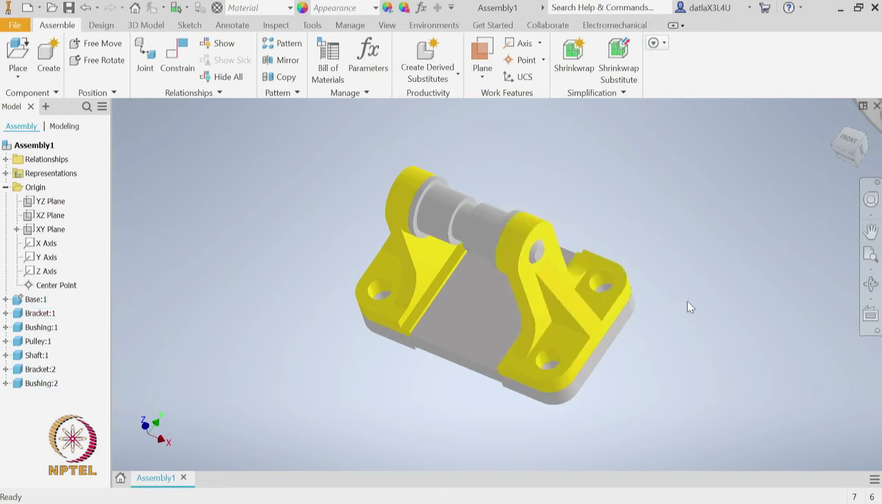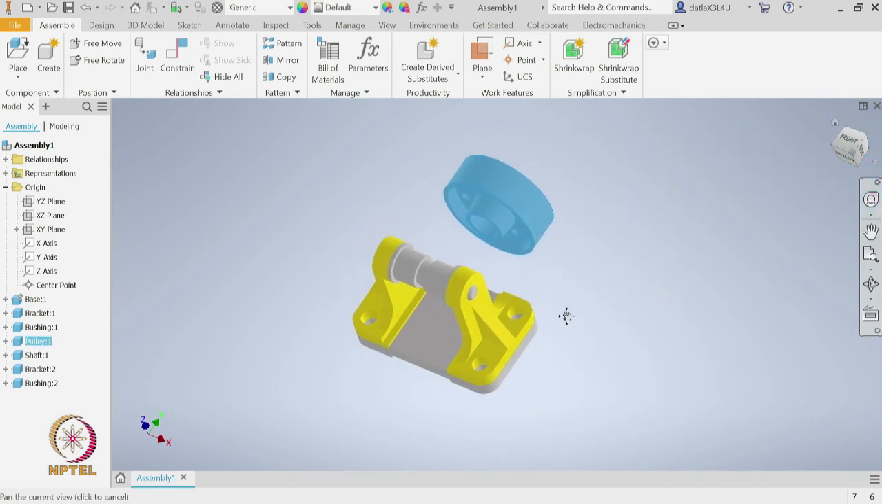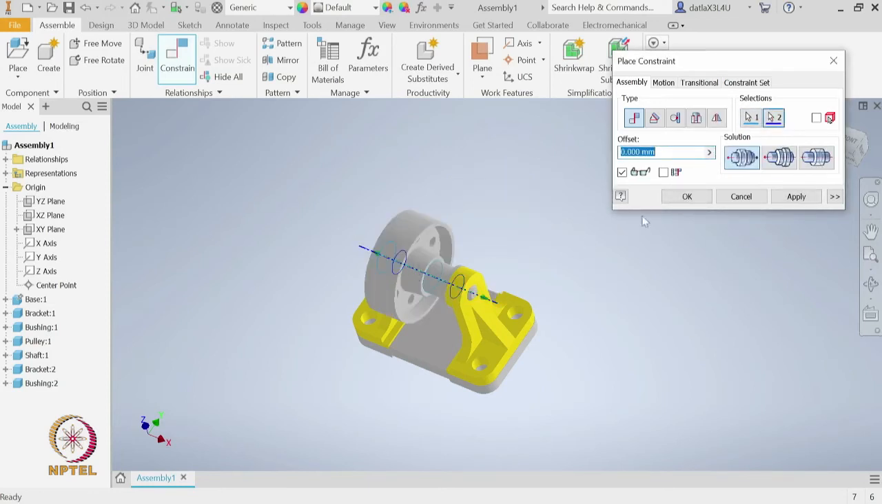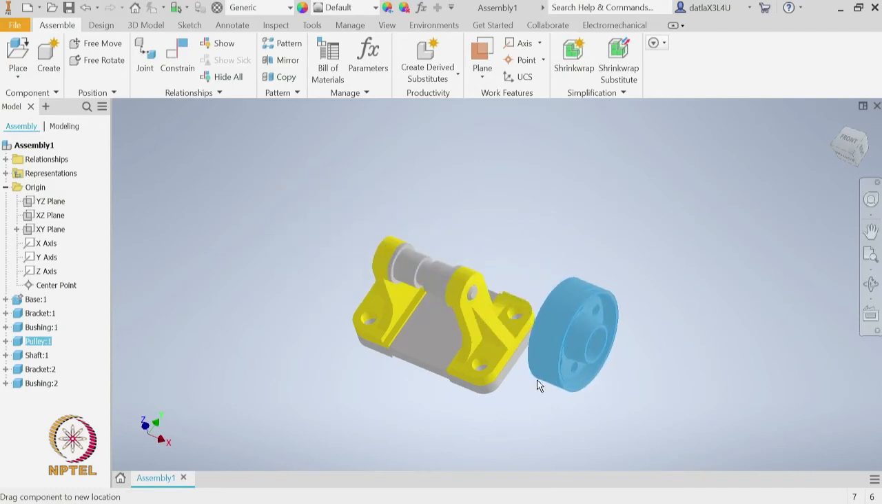The last thing remaining is this wheel. So, let me bring the wheel close to the assembly and then let us see. So, again similar to the rest of the constraints, here too we will first start with the axis of this pulley and align it with the axis of the shaft. Okay. And let us apply this. So, now we see that there is 1 degree of freedom, this translation degree of freedom which we need to